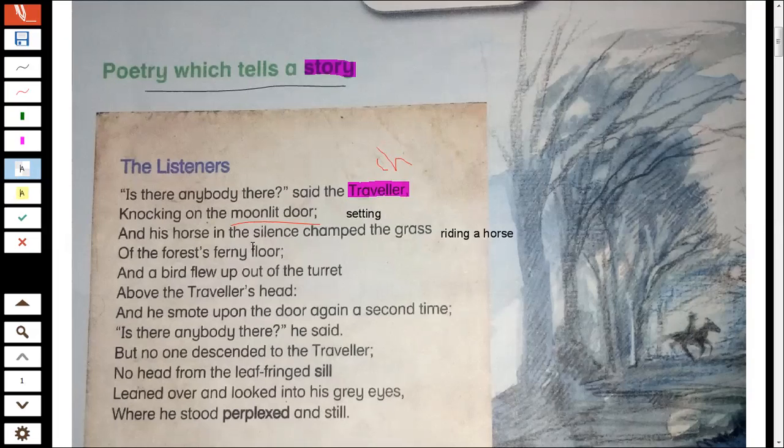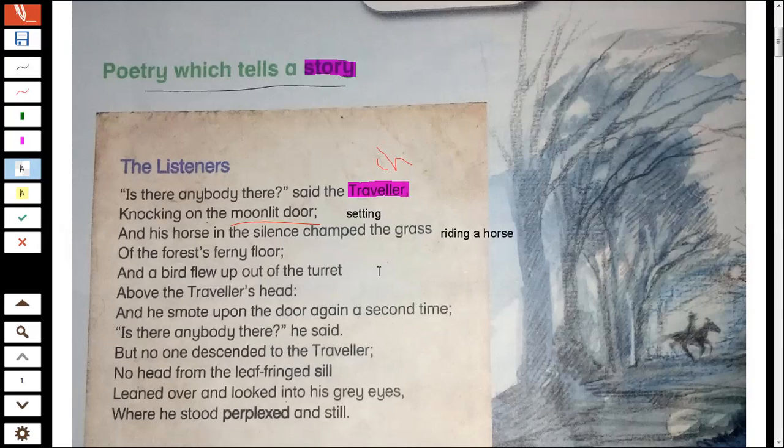Okay. The silence, first of all, shows that this place is uninhabited, that no one is living there. It is an empty place. If there is a horse and a rider moving together in a place where it is really silent, it shows that no one is there at that time, maybe because no one lives there, or maybe because everyone is sleeping late at night. This image is not really clear right now, but moving forward, we might know.